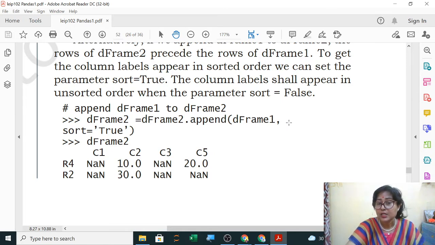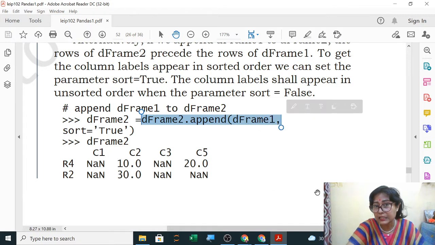So what will be the difference between the two? If dframe1 is written first, R1, R2, R3 were there first. But now dframe2 is written first and then append dframe1, so dframe1 will be added at the end.